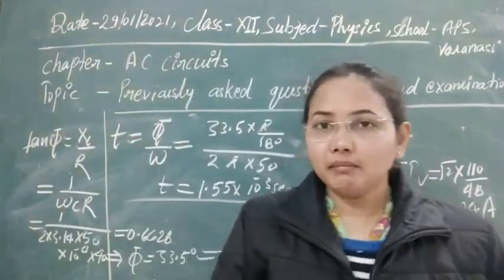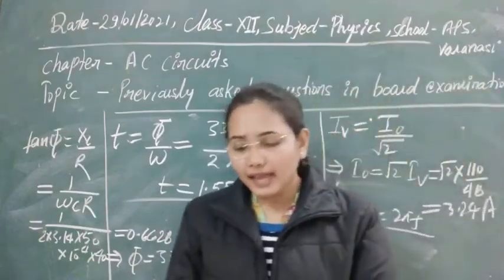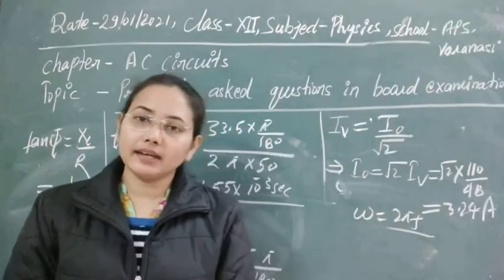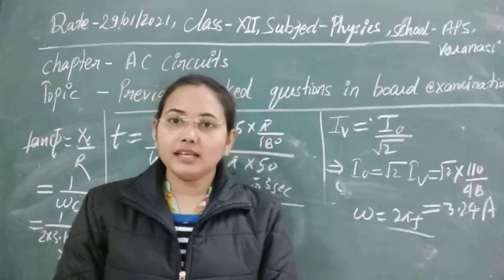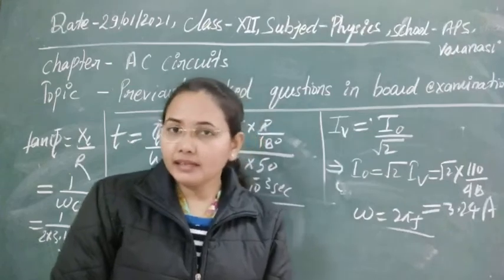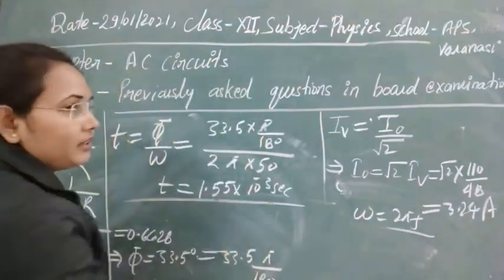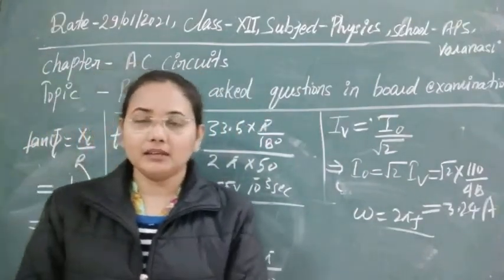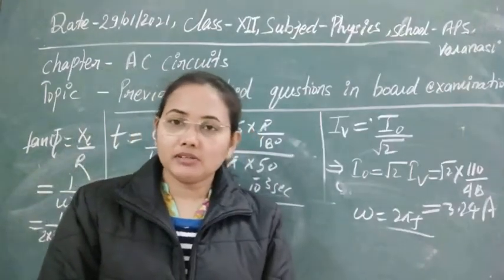This is the time lag between voltage and current in the case of a capacitive circuit. As you know, in capacitive circuits, current leads voltage by some phase, and obviously if current is leading the voltage, then voltage will be behind the current by some time. So this is the time lag between them, meaning voltage is behind the current by this time. So I think now this concept is clear about the capacitive resistive circuit.